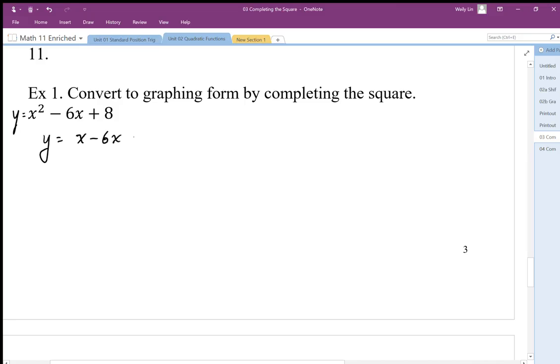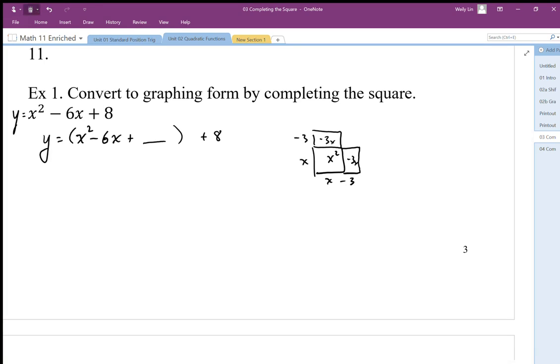So what I'm going to do is set up my completed square. Here, that's x squared. There's my x squared. I need to symmetrically distribute the negative 6x's so I can make a square, so it has to be symmetrical. I'm going to have negative 3x here, negative 3x here. So that's going to be x minus 3, x minus 3. And then to complete that square,